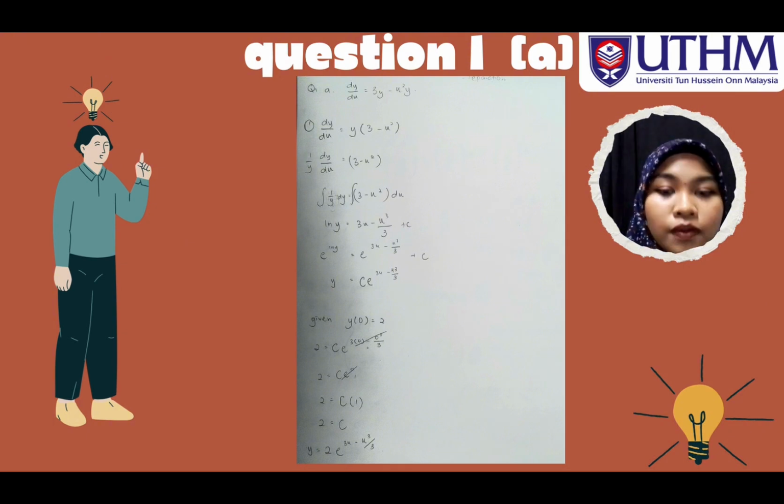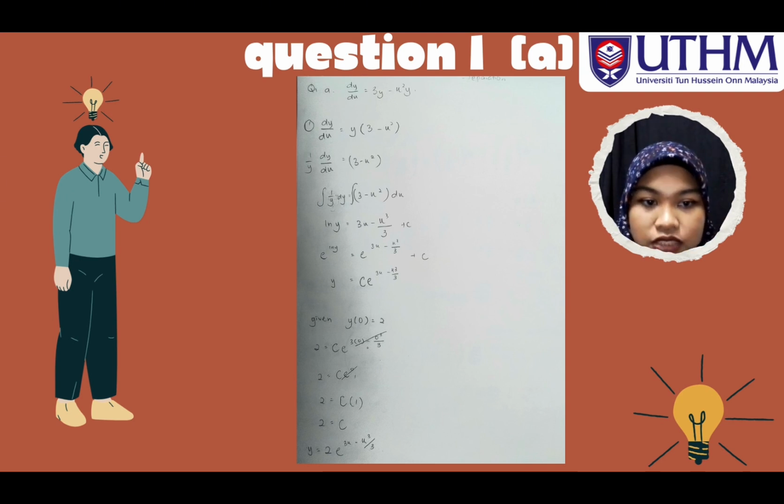From this equation, to get the general solution, we need to integrate both sides, and it will become the integral of 1 per y dy equal to the integral of 3 minus x squared dx. For the integral of 1 per y dy, we know that it becomes ln y. So the answer will be ln y equal to the integral of 3 minus x squared, which becomes 3 times x, and then minus x